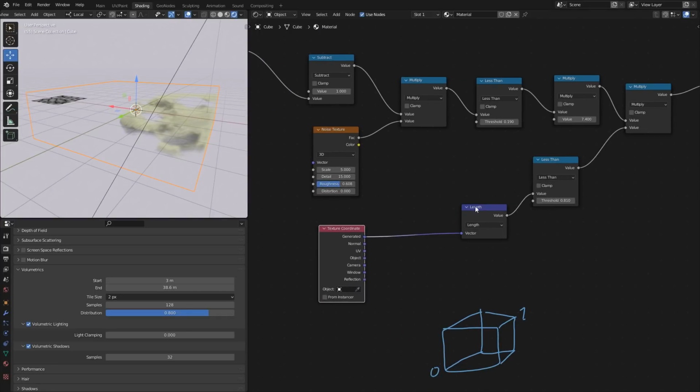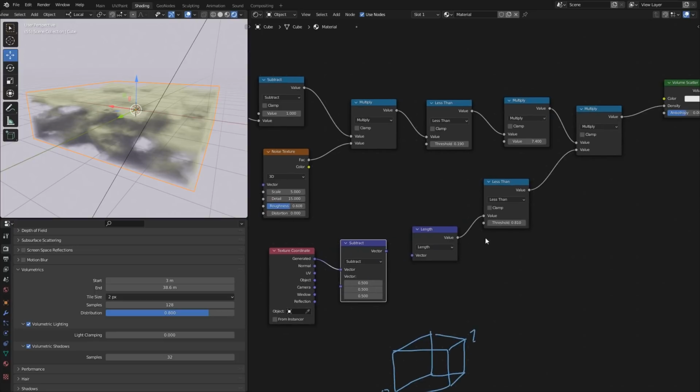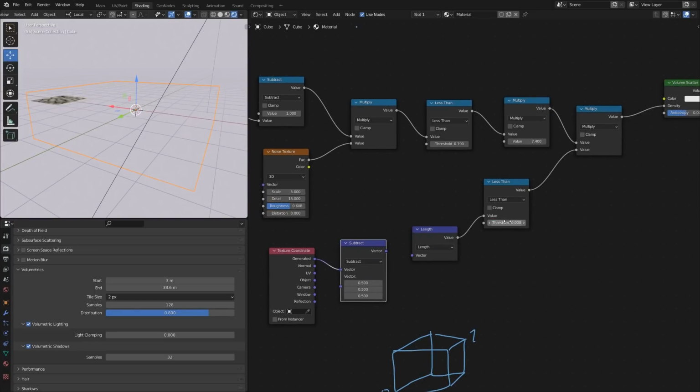That is very simple. Just another vector math over here set to subtract, and we're going to subtract 0.5, which will center this. And now when I change this, you can see that there's a 1 second. Oops, I didn't connect it. There we go. As soon as it's done compiling, you can see that now we have like a sphere going